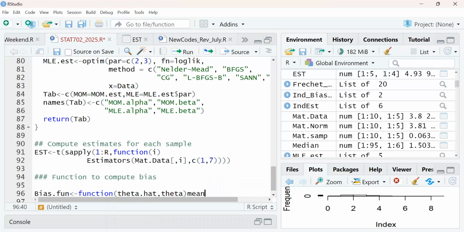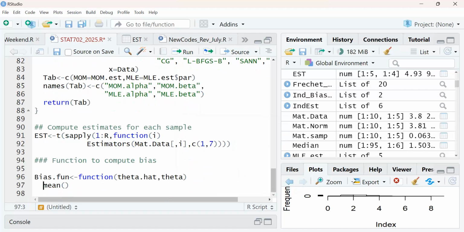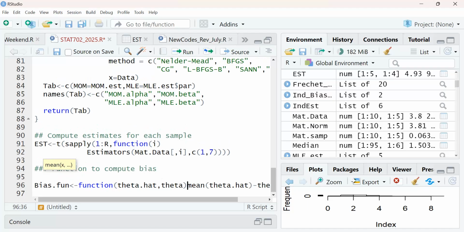So how do I find this? It's just the mean, because the expectation of theta hat is the mean, minus theta. Okay. So this is it. When it's a function like this, if it is one line of code, it's okay like this.